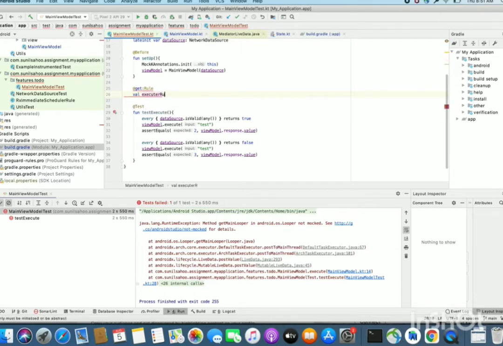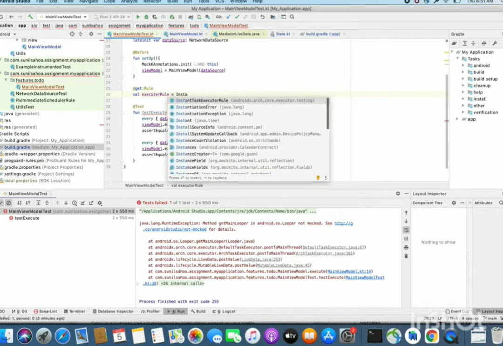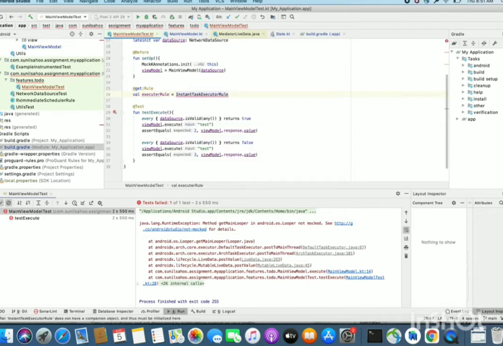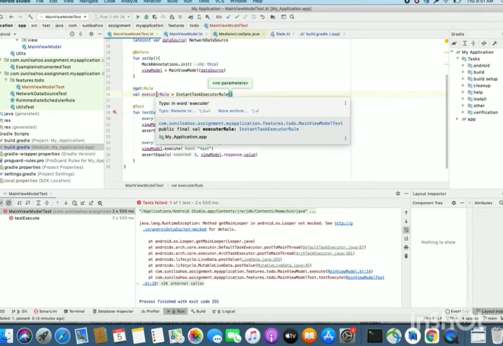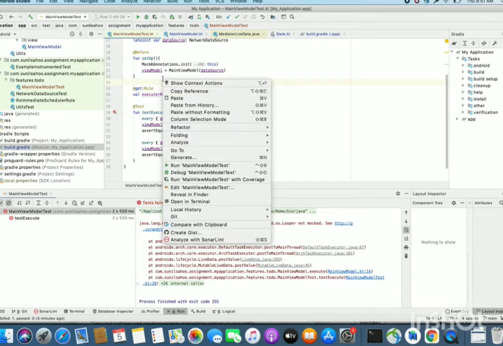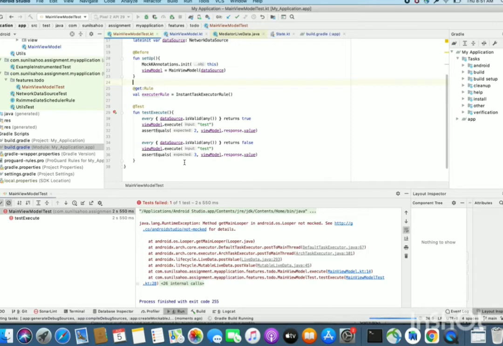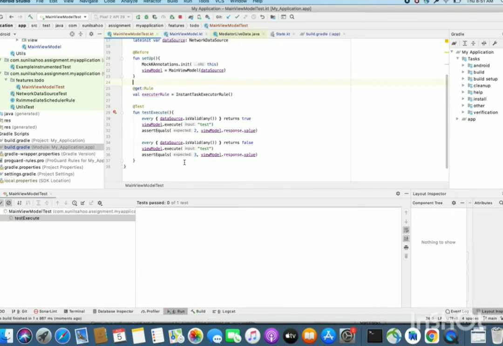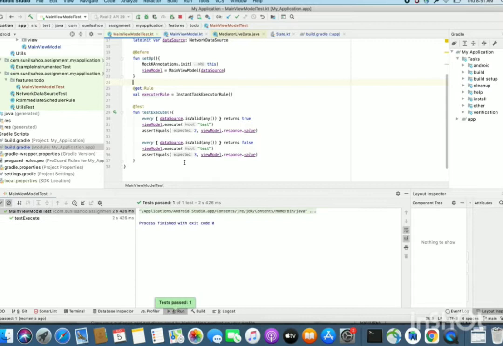Instant task executor. Okay. Now let's run it. Yes, it got executed. So the key thing is that we need to use the instant task executor rule.